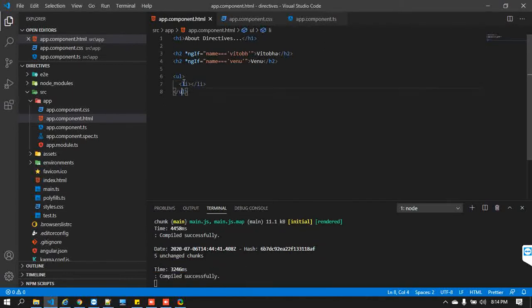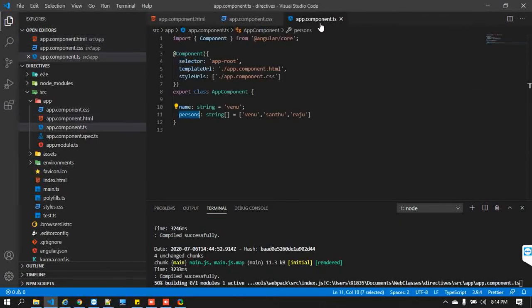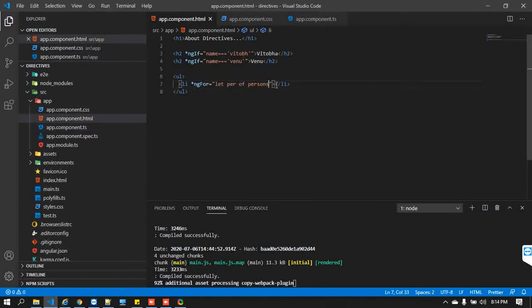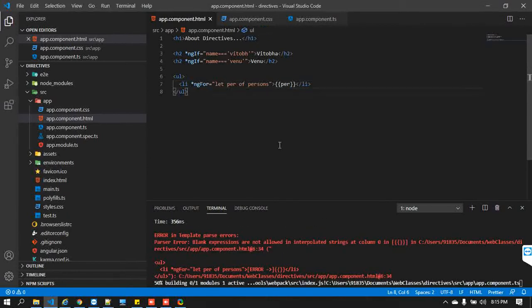Now if you look here, ngFor, and in this, let person of persons. This is nothing but our respective component, that is the persons component. Now I need to display that person.